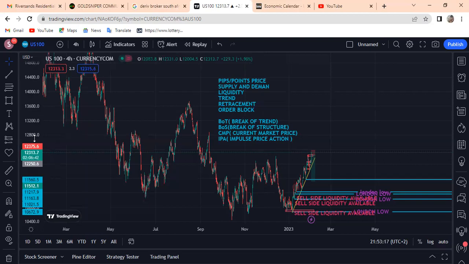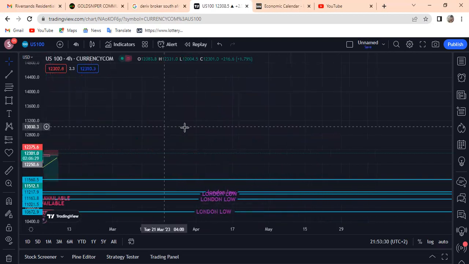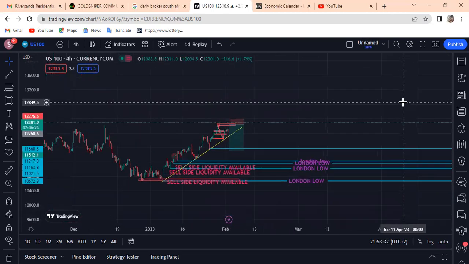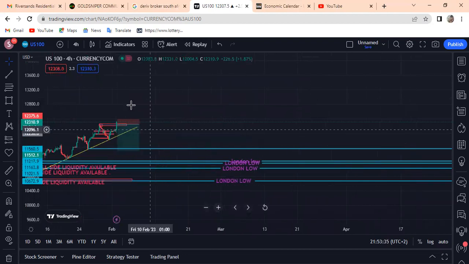It's just a measurement from point A to point B. It's like a kilometer or a meter. So when people say the market moved, let's say, 30 pips